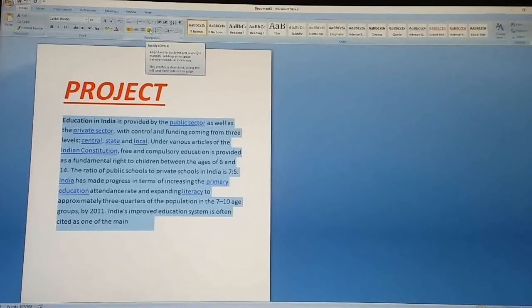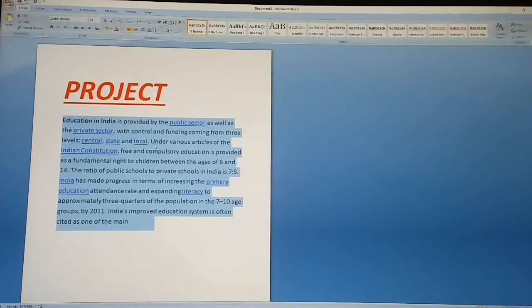With left alignment, all the left side text margins are the same, but the right side margin is not the same.